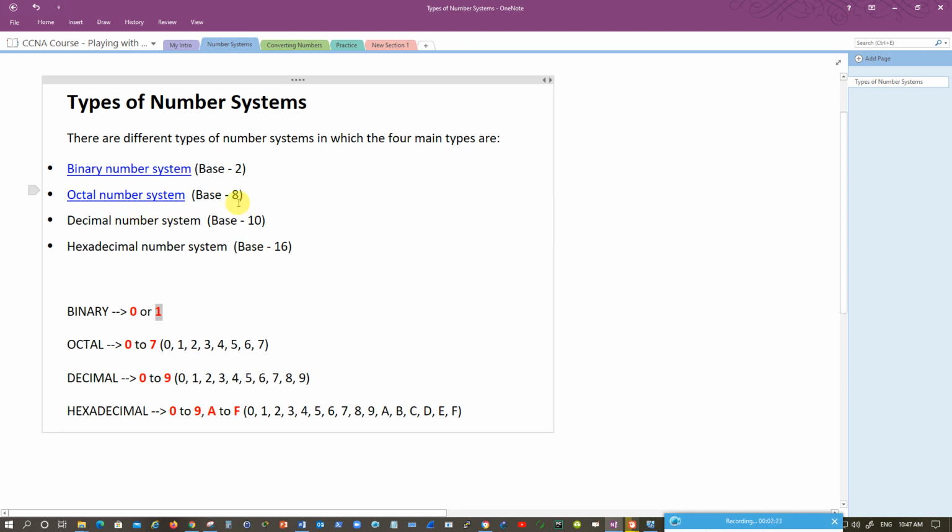Octal number system on the other hand has 8 numbers starting from 0 to 7. Including 0 to 7, we have 8 numbers for octal. Whereas decimal is the most common in use, we talk about currencies, everything in decimal only. You can go into infinite numbers. 0 to 9 are the digits that are used to represent decimal. Using the combination of 0 to 9, you can create millions, trillions of numbers.